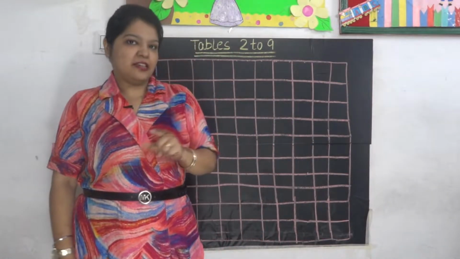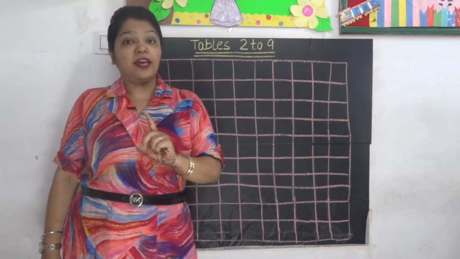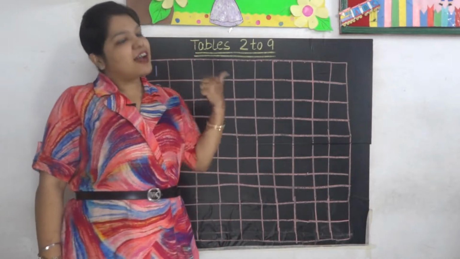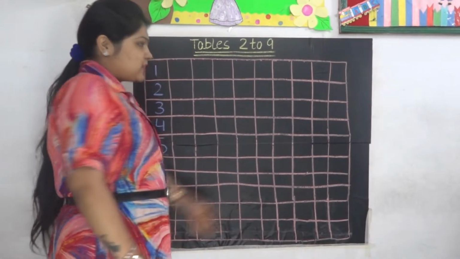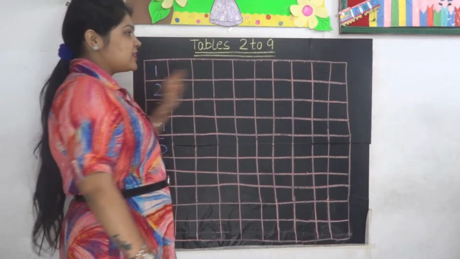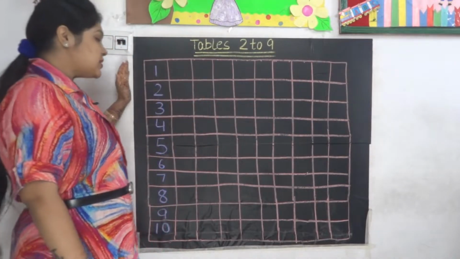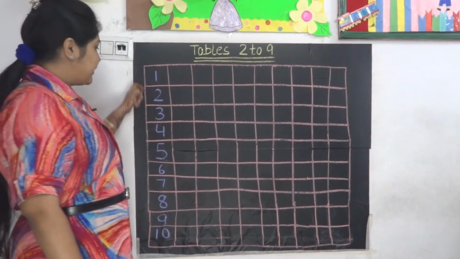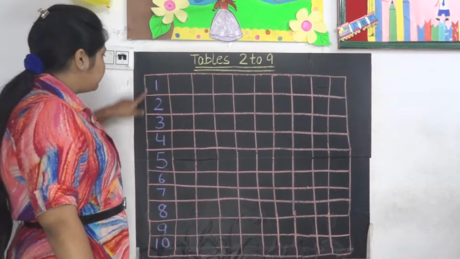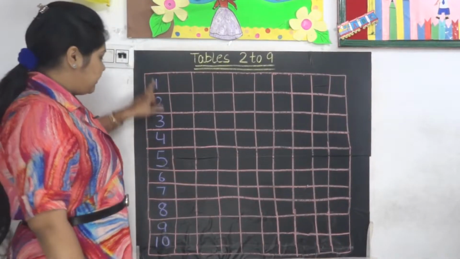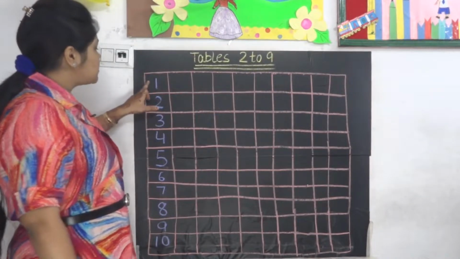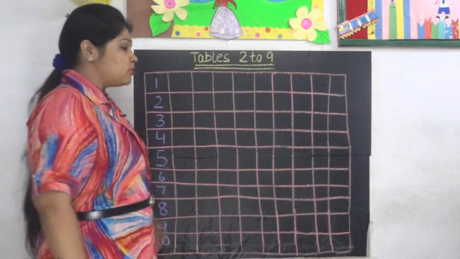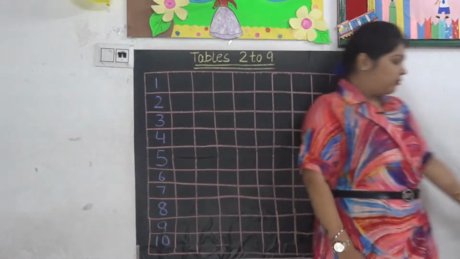Okay? So, shall I tell you the new thing to write the tables? Okay, so let's get started. See, this is your maths notebook, isn't it? Like this, grid one, it's your maths notebook. Now what you have to do for making the tables is to write the numbers from 1 to 10 like this. Now if I am going to write the table of 2,